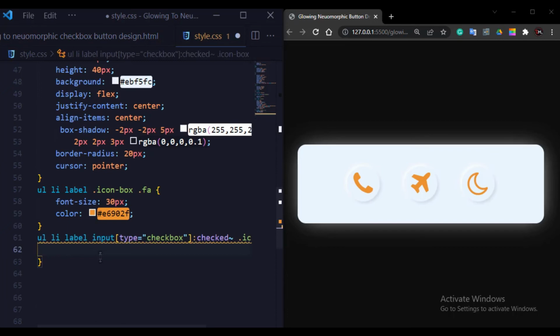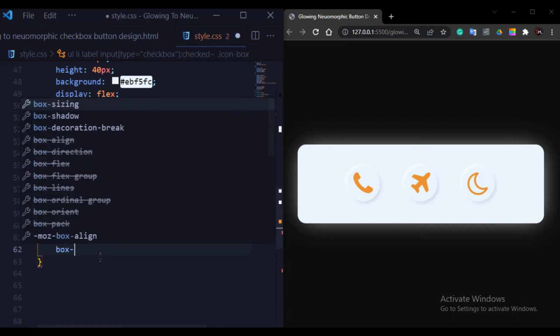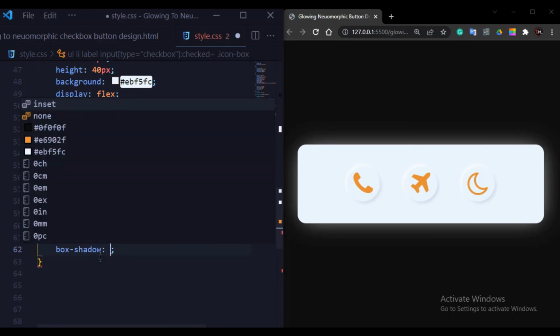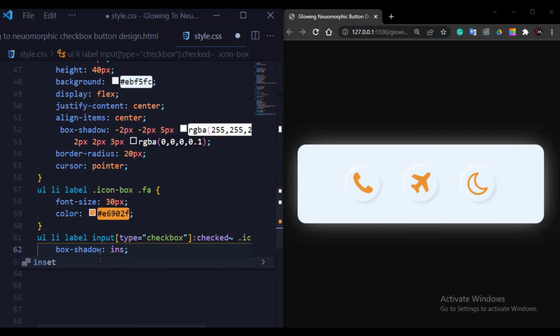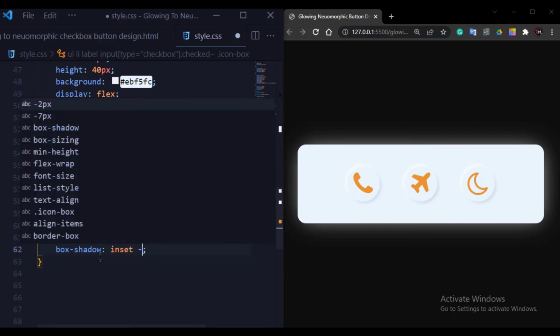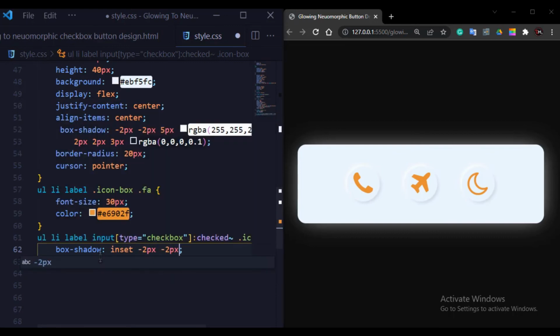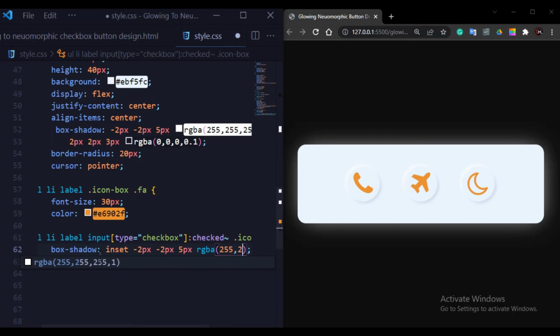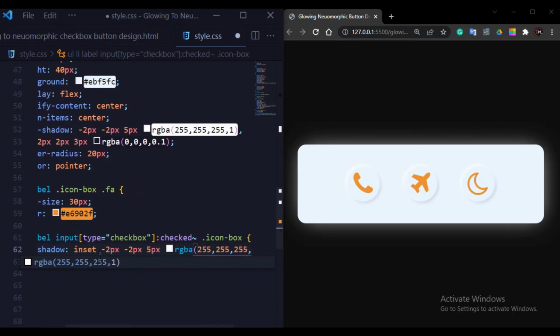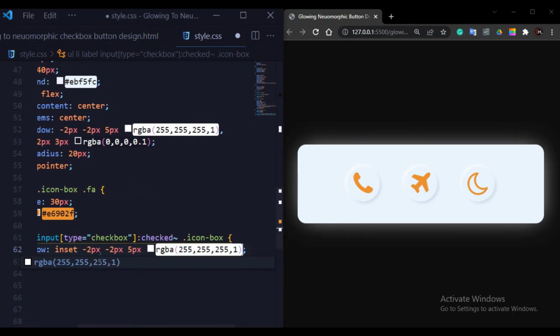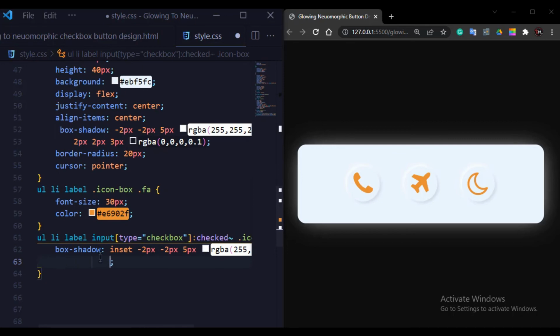So here I will write box shadow, and here I will write inset -2 pixel, -2 pixel, 5 pixel, RGBA 255, 255, 255, and opacity 1. Again I will give some values.